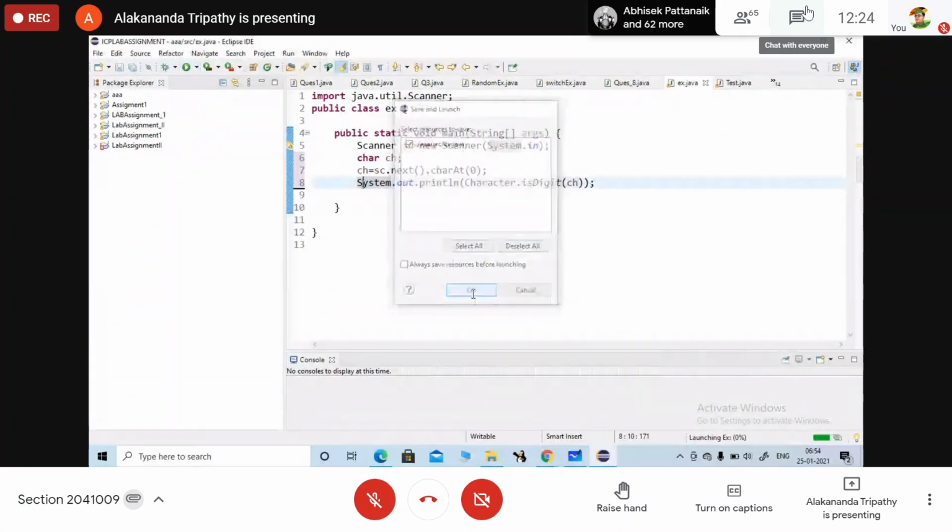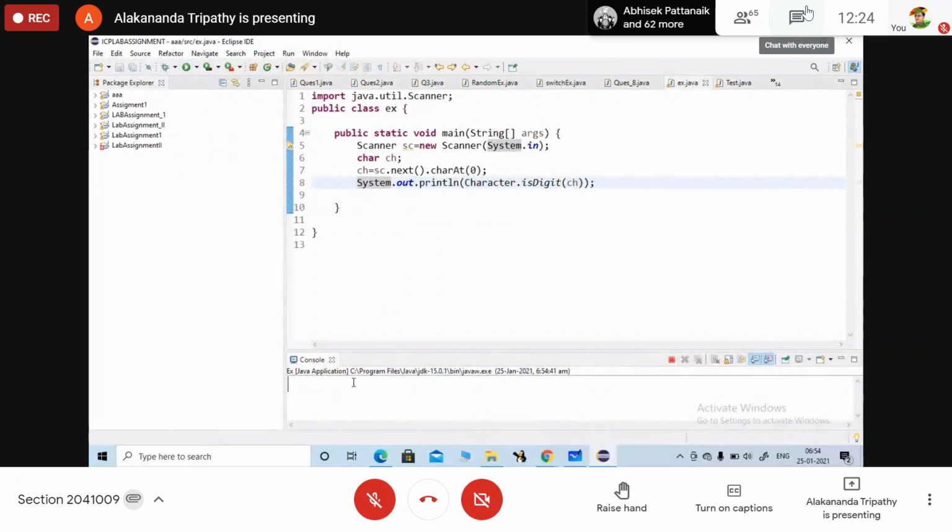So here if I run the code and put A, isDigit will return false. So isDigit is a method defined under the wrapper class Character.